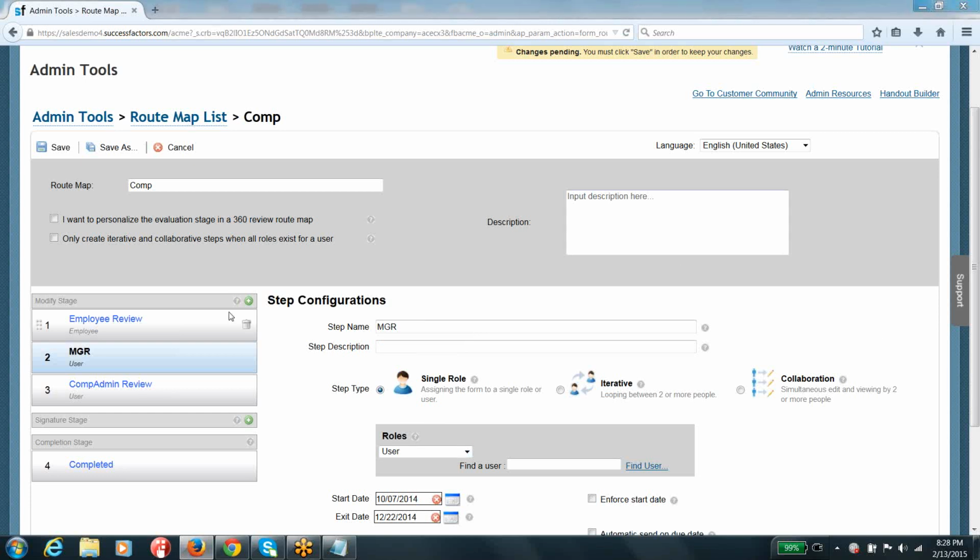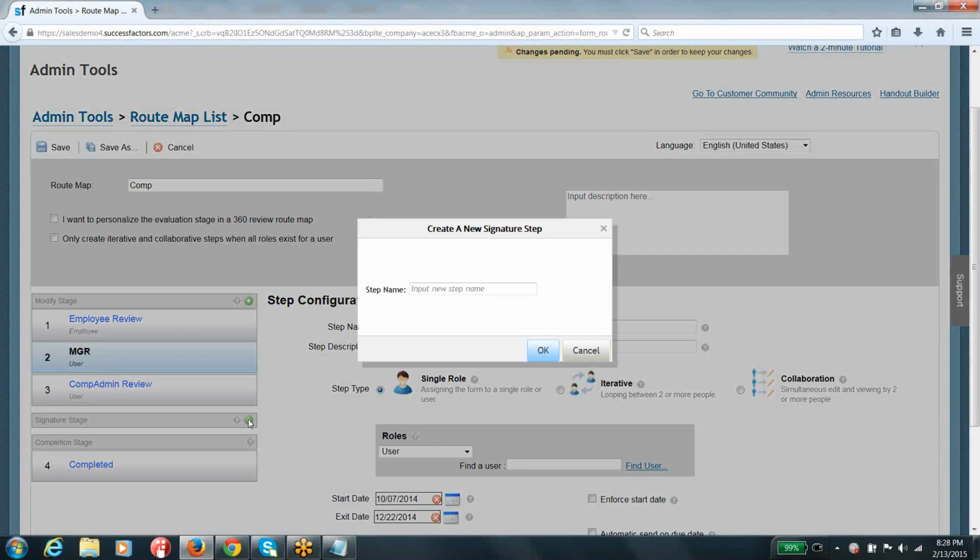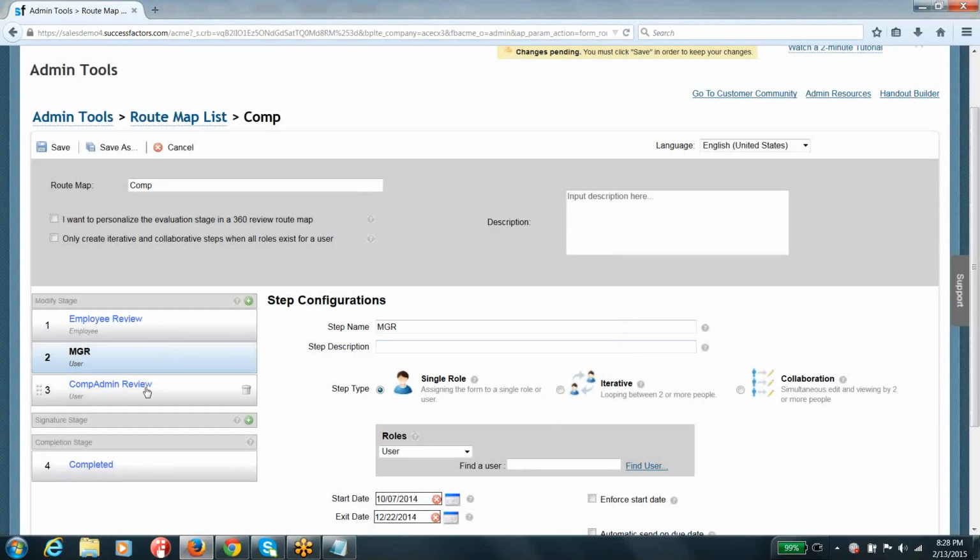Okay. So you can see here I'm talking about the steps. Usually the things where you need the attention of the people, or where people are supposed to go ahead and work on that particular form, you will keep all of them in the modify stage, guys. And the things where you just need their sign off, you are going to keep such steps under the signature stage, guys. So your active things will go into the modify stage, and the things where you just need sign off from them go into the signature stage.